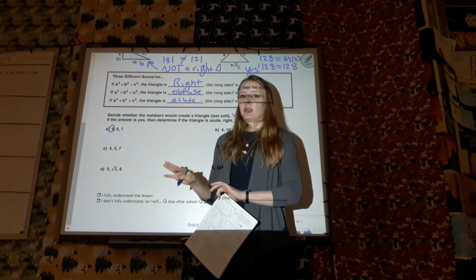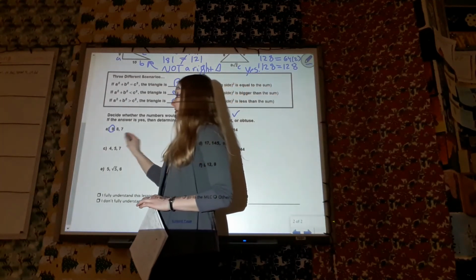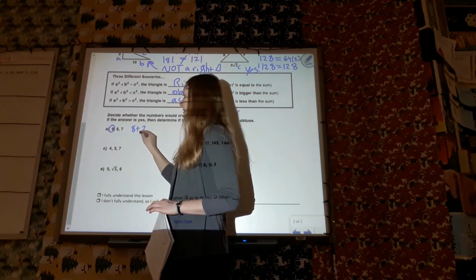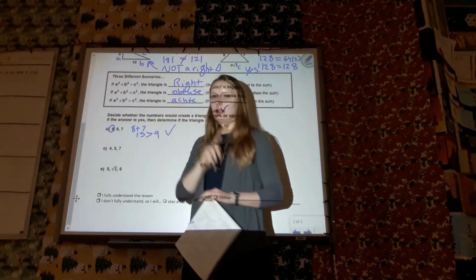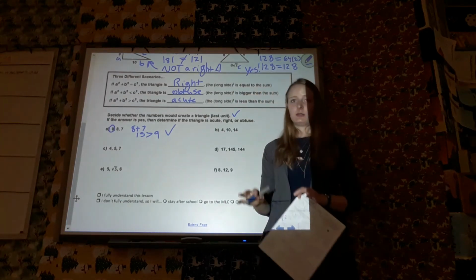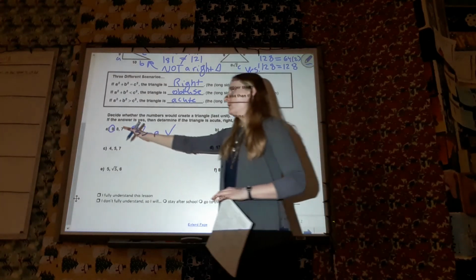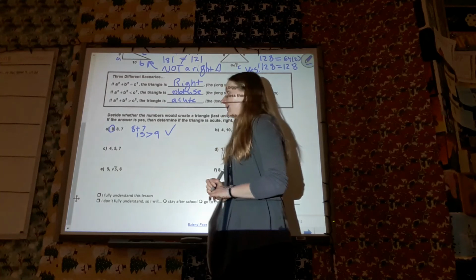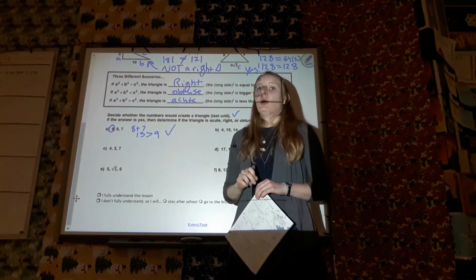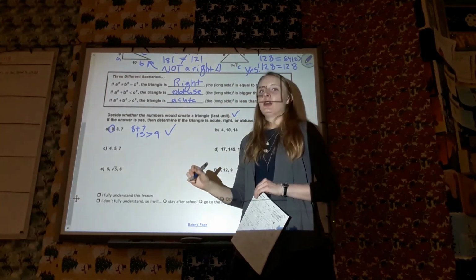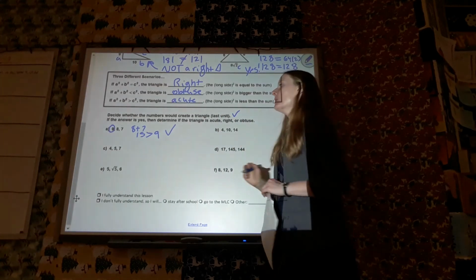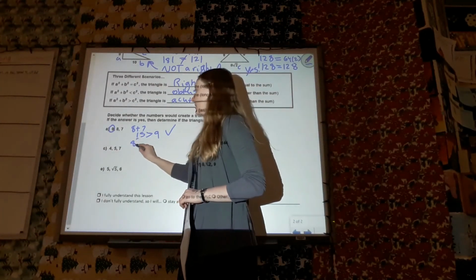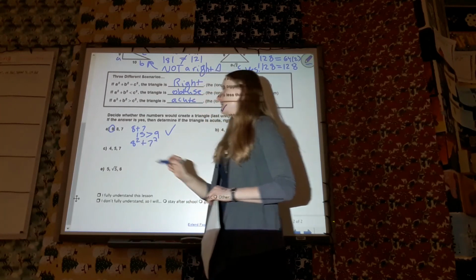So without squaring anything, if you add the two smaller sides together, the 8 and the 7, which is 15, because that's greater than 9, that means it is a triangle. That's just the first step. So these would create a triangle. Now, we need to figure out what type of triangle. When you've confirmed that it is a triangle and now you're transitioning into what type of triangle, that's when you bring in the squares. So now I'm going to do 8 squared plus 7 squared